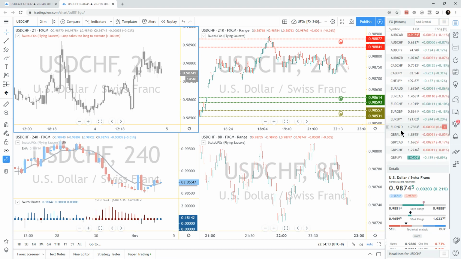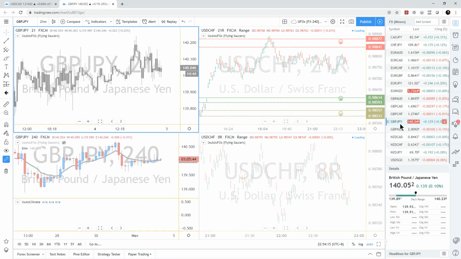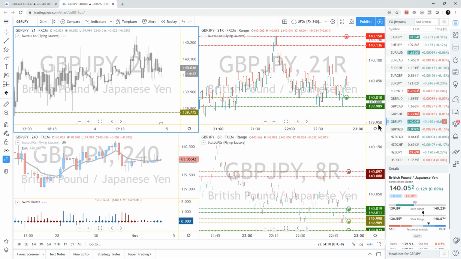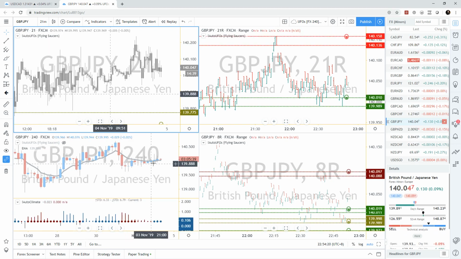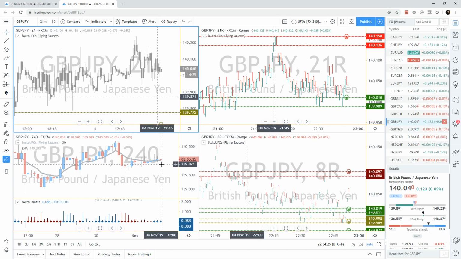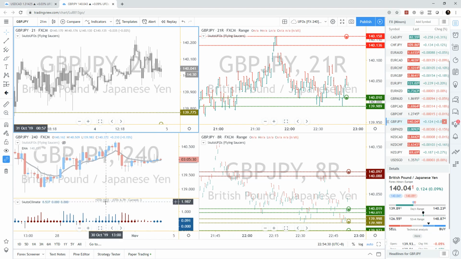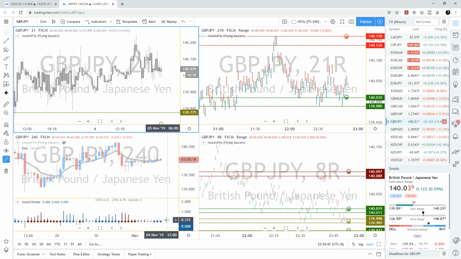Minus GBP, JPY. Here we go. That's the beast. Well, not that scary recently, is it? It's been sideways. But anyway, so we got a confirmed climate, okay? 3 candles out of 6. Different stats, because of course the data feed that I'm using at this moment in time is the one provided by FXCM. If you use the one with Oanda, or any other data feed, you would have slightly different results, such as the result provided by TradeStation, which is 2 candles instead of 3. Okay, but it's okay. We're good.